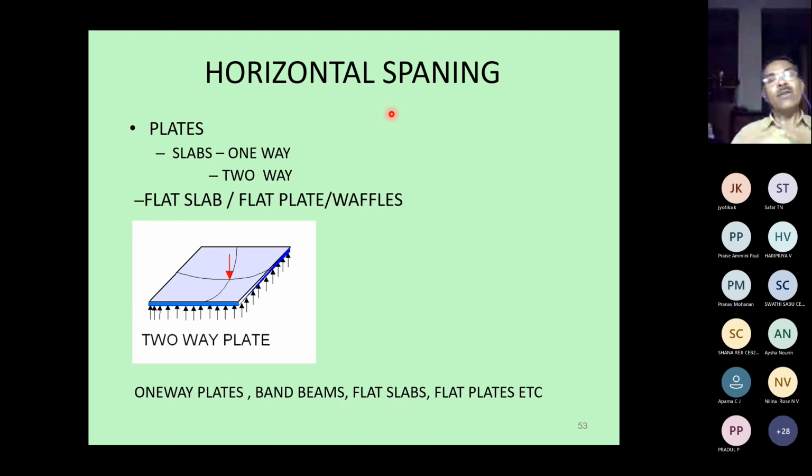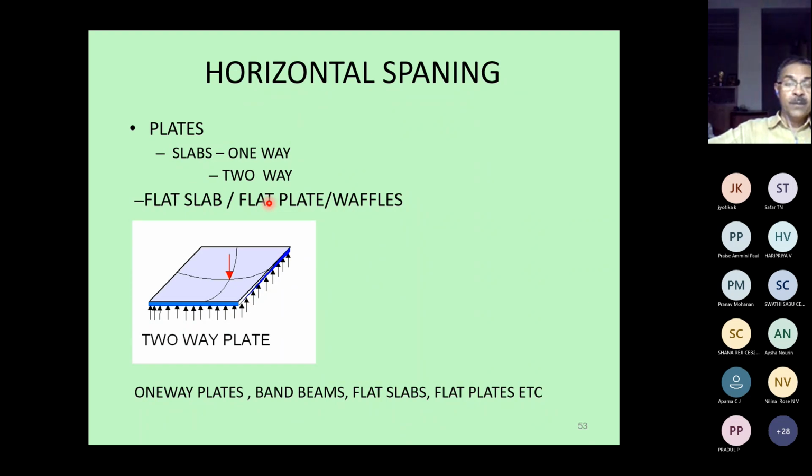Plates are another way of spanning the load horizontally, whereas it's a slab kind of situation. They are one-way or two-way depending on the support condition and the length and width ratio. There are one-way slabs, there are two-way slabs, and then there can be flat slabs or flat plates, where we use point supports. A flat slab or a flat plate is nothing other than columns only,